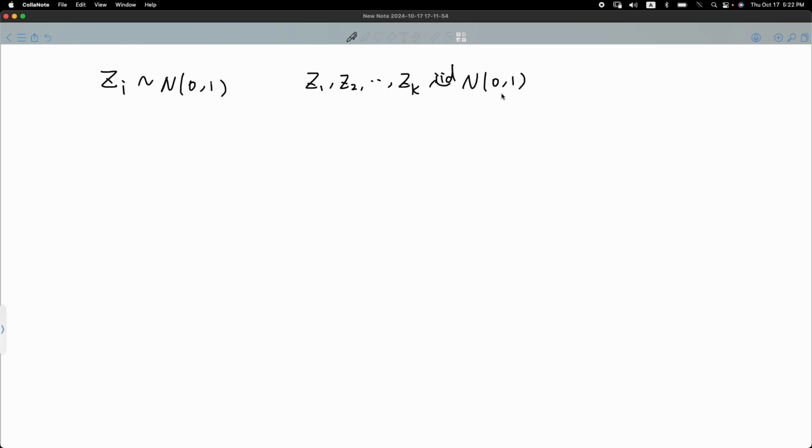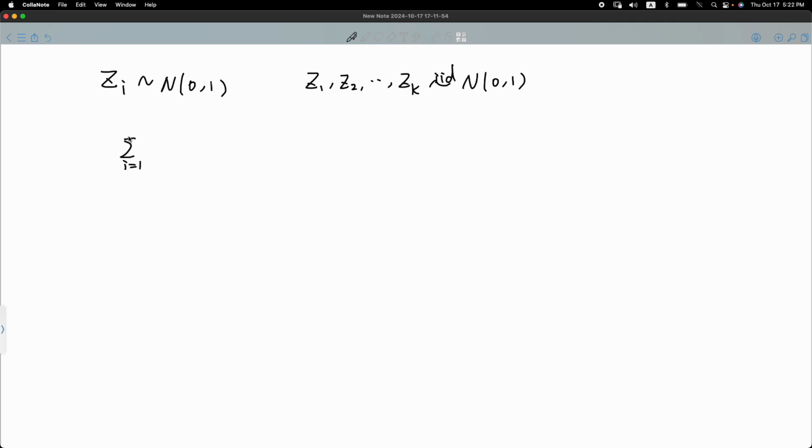Just a recap regarding what we went over on Tuesday: we have zi that follow a standard normal distribution, so with a mean of 0 and a variance equal to 1. And then if we have k copies of them, from z1, z2, all the way to zk, and we write them as independent identically distributed, following the same standard normal distribution, then we say that the following